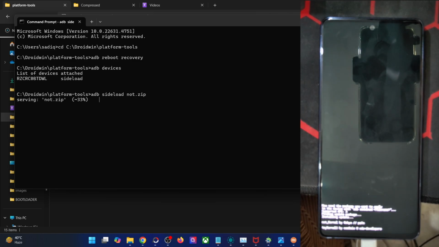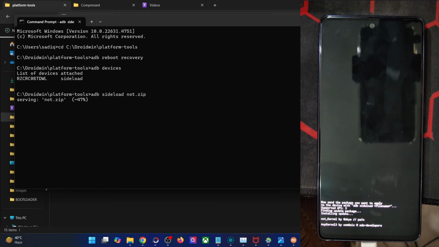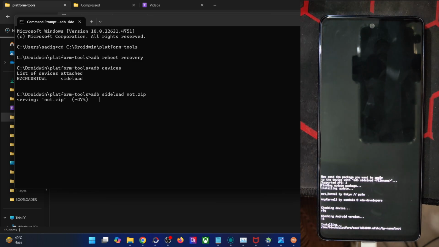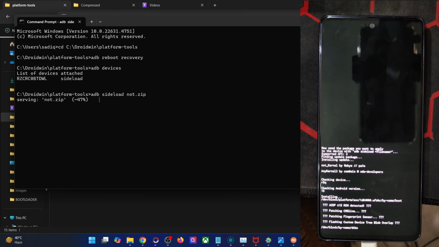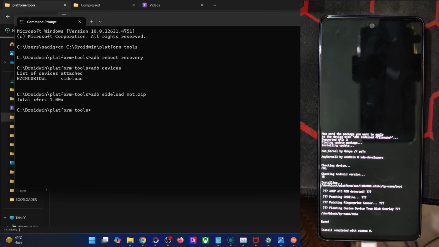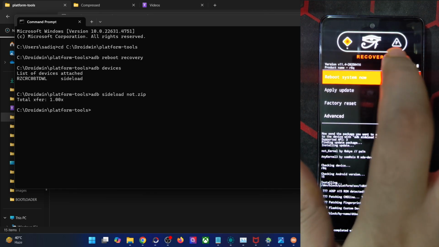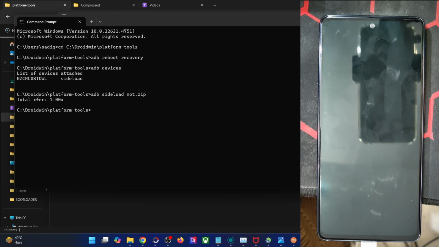and the kernel is now being installed onto our phone, and this should take only around 1 to 2 minutes, as you could see. So if you are using the TWRP recovery, you may use the install option or the ADB push command as well. But in case of AOSP recovery, you will have to use the ADB sideload. There's no other way out. And as you could see, the kernel has been flashed onto our phone. Once that is done, just tap on reboot system now, and the phone will now boot to the OS.